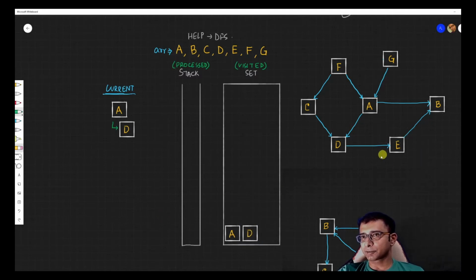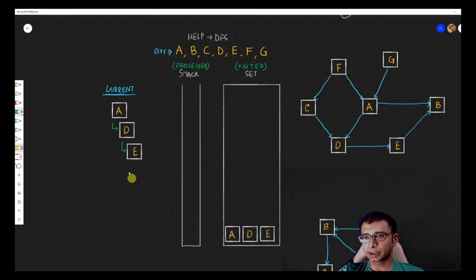So since it's a depth first search, we go to the first node of D. So we get an E over here. Since E is introduced by D, I'm putting it below D. So it's all recursion that's happening over here, right? And what I also do is put E into my visited set, saying that this node has been visited. But none of the nodes, if you look over here, has been completely explored, so I am not adding it to my stack. Again, from E, what I get is E is having only one child, that is B. So I add B to my visited.